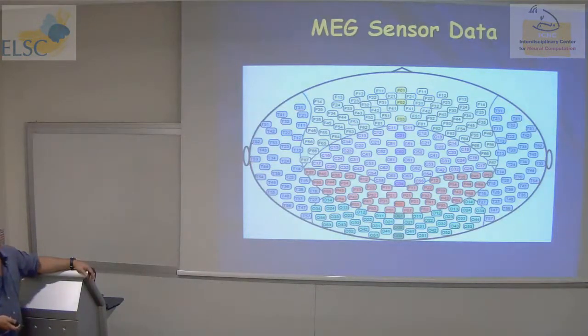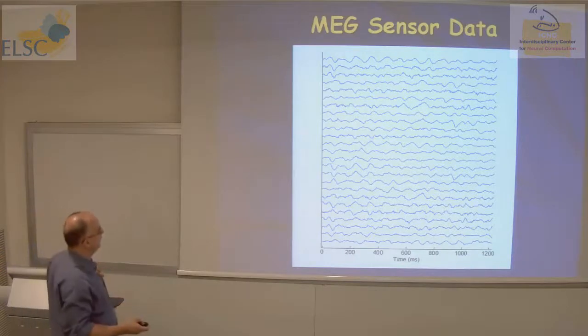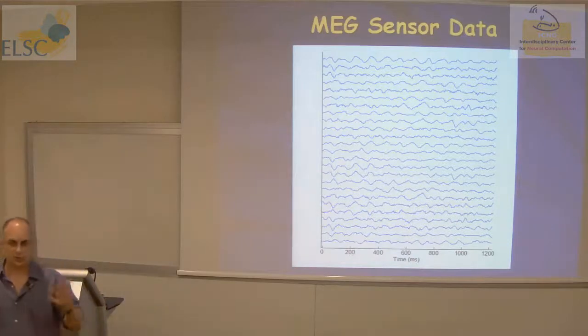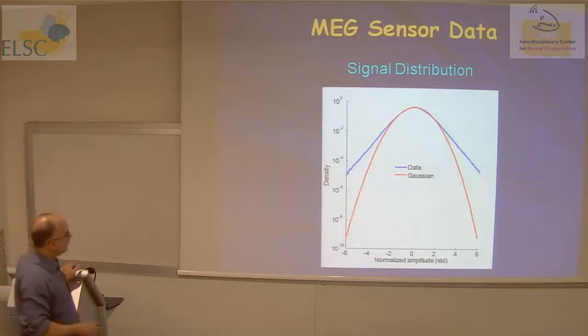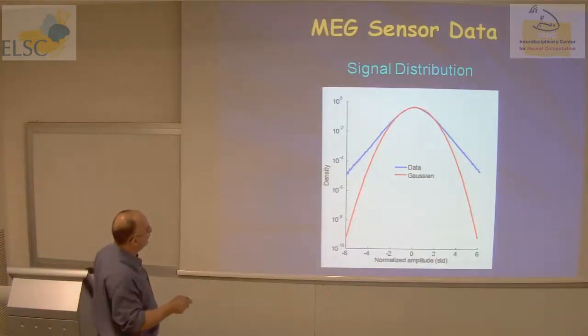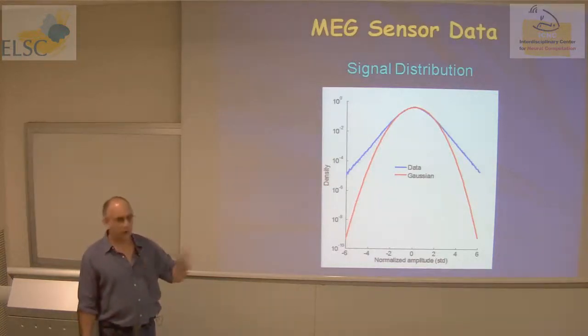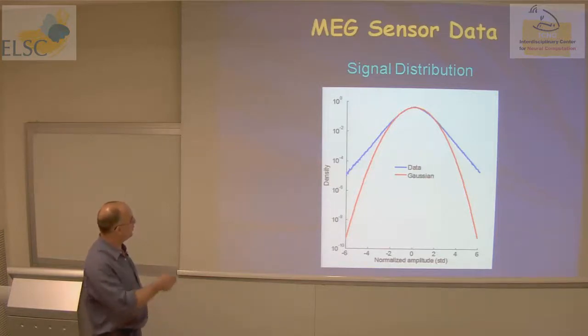So we have all these channels, and if we look into some of these, it looks something like that. We get this kind of channel activity. What we typically do for the analysis is we subtract the mean and divide by the standard deviation, so we get the signal instead of in units of femtotesla, in units of standard deviations. So what I show here is the distribution of the signal in one subject. What do I mean? I take all the channels, 273, all the time points, 4 minutes, 600 hertz, and I just plot the distribution. These are units of standard deviation. This is a logarithmic scale. And this is what you get.